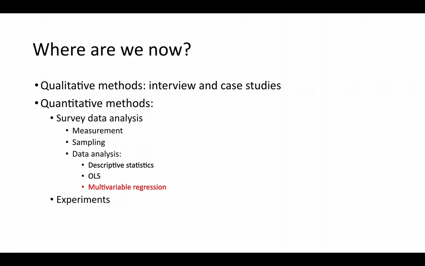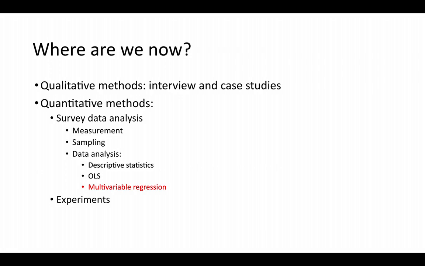In terms of research method, where are we now? At the beginning of the class, we talked about what research is. Research is about asking questions, and research method is about finding the best methods, either qualitative or quantitative, to find the best answers, right? So we talked about interviews and case studies. The most important technique is content analysis for qualitative studies. For the quantitative one, we are going to talk about experiments later, but currently we are discussing survey data